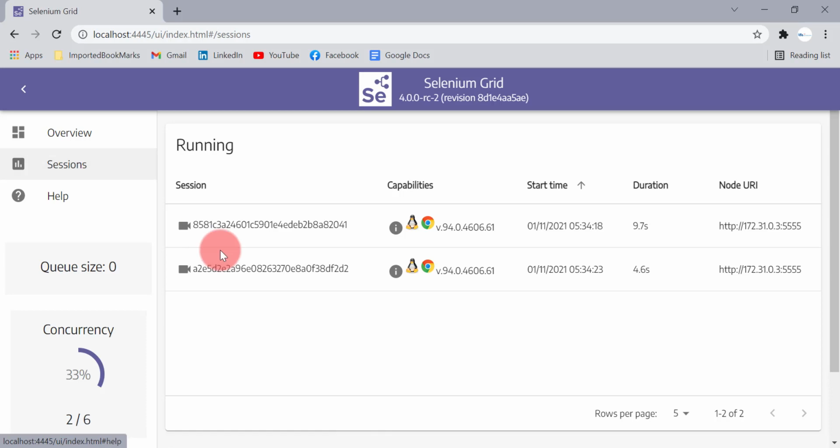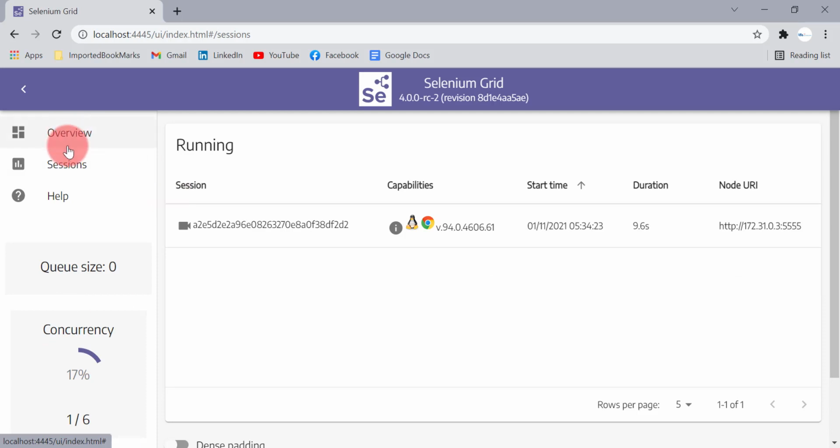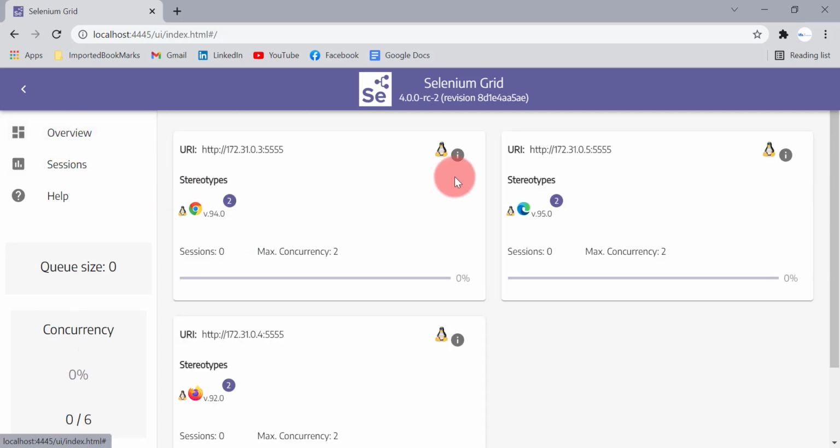Okay, so another 2 test cases. Okay, all the test cases have been completed now, and similarly you can run all these 4 test cases on Firefox and Edge. You can try that on your own.